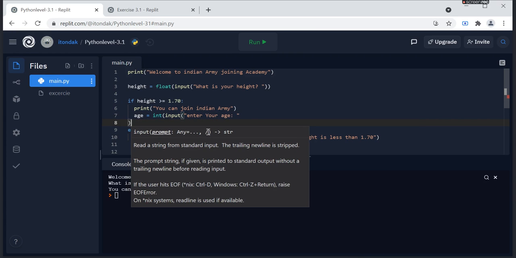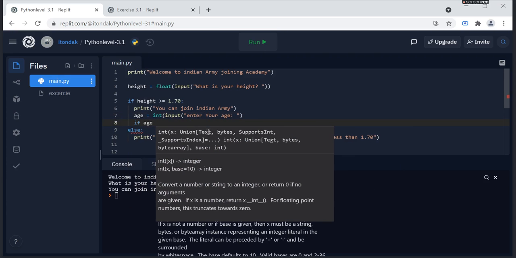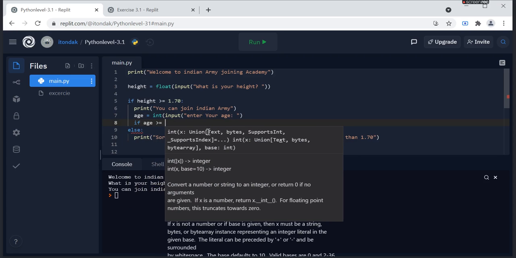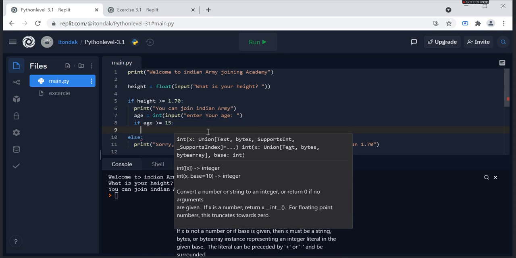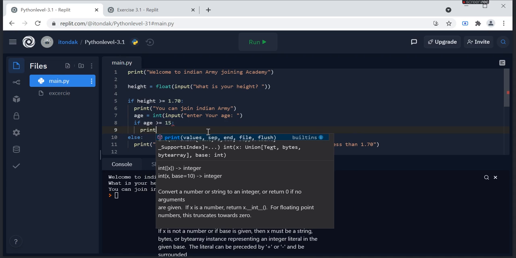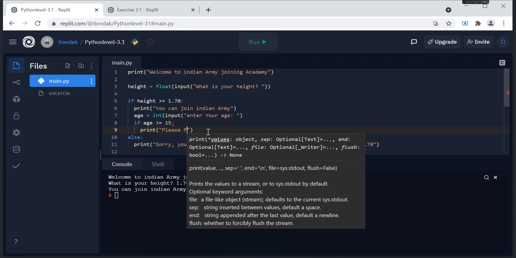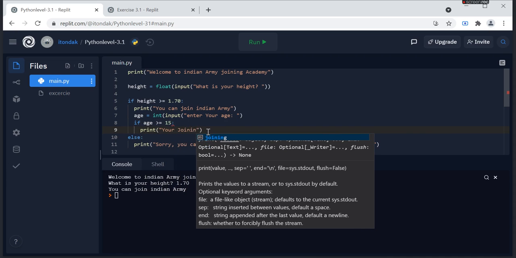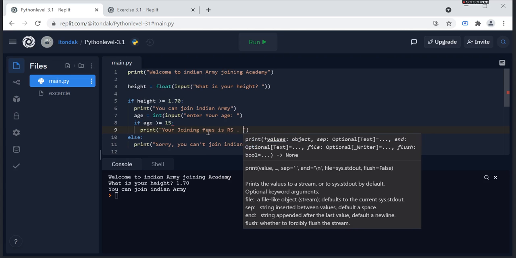Then we write the condition: if age is greater than 15, then print, please pay, your joining fees is rupees 50.